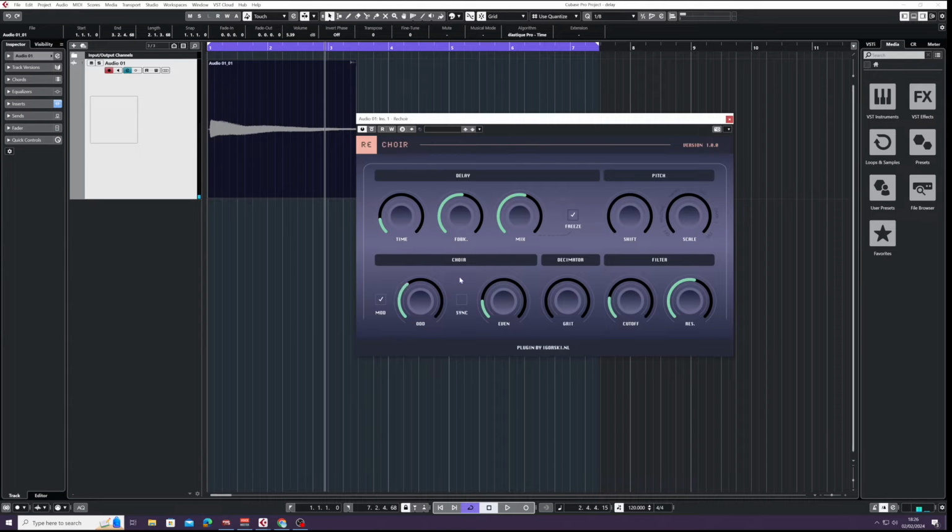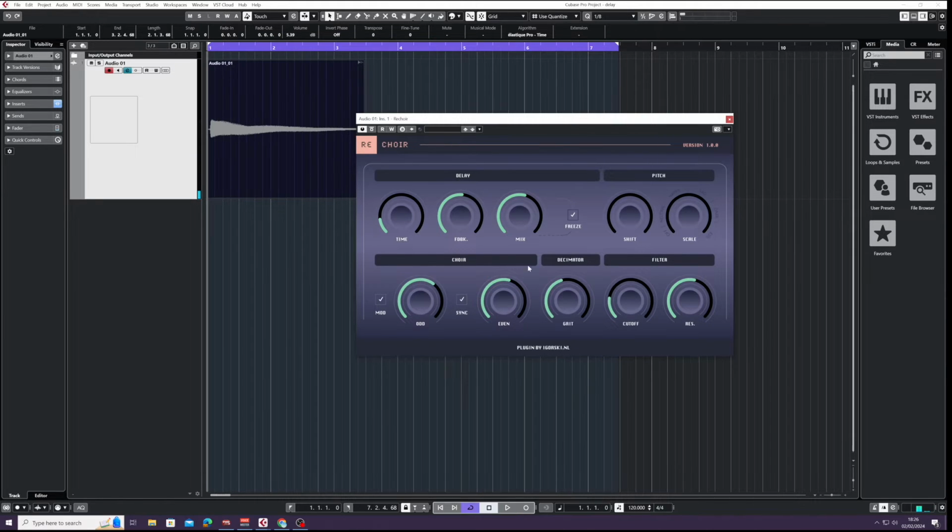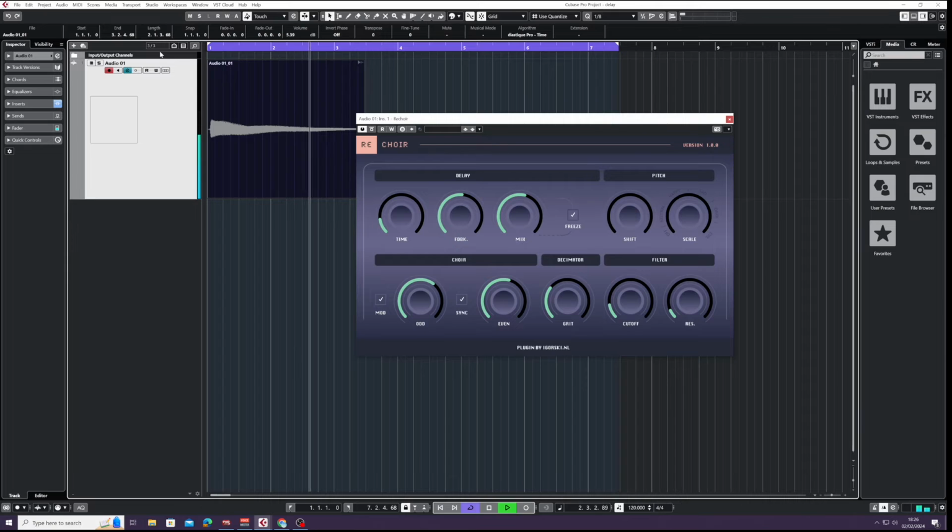The choir section adds some sort of oscillation that's modulating it a bit, so you can sync it to your DAW. We've got some sort of distortion or decimator, I expect just adding a bit of grit to the sound. Oh yeah, and then we've got the cutoff of the filters. You can use the cutoff filters as you would with any plugin, and the resonance of the filter. But I've kind of got a delay I liked,